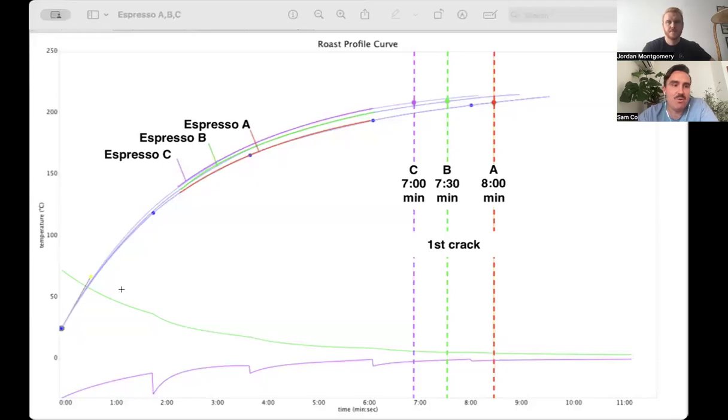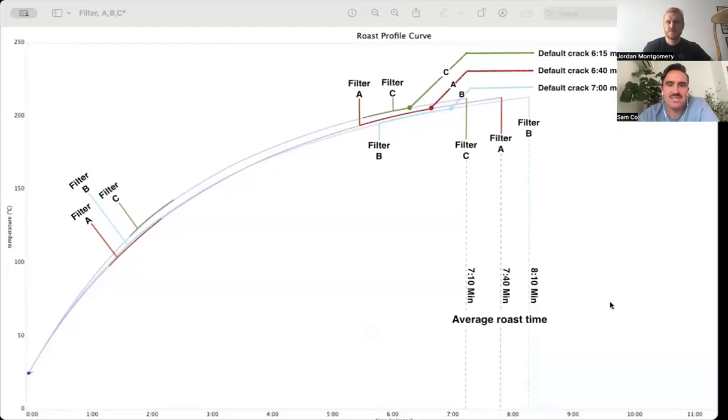If we have a more detailed look into the plan itself, it's slightly, sorry, that's an espresso plan. Let me just correct that. I thought I pulled up filter. But when we look at the filter approach, and I'll just transition to that one, apologies, we see from an A perspective there is a longer target roast time. We have a slightly different cracking area, and we saw a lot of the roast being 7 minutes or around that time frame